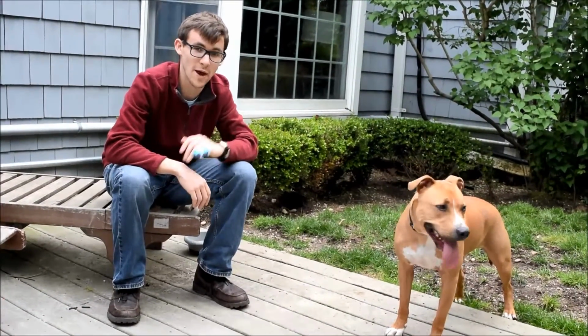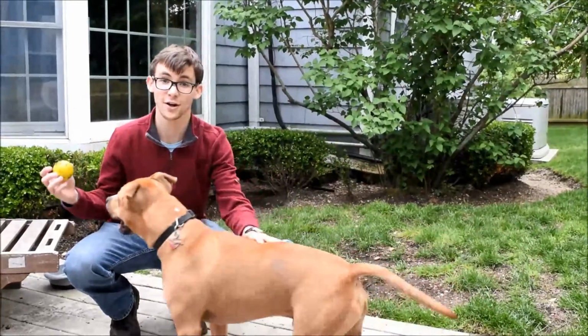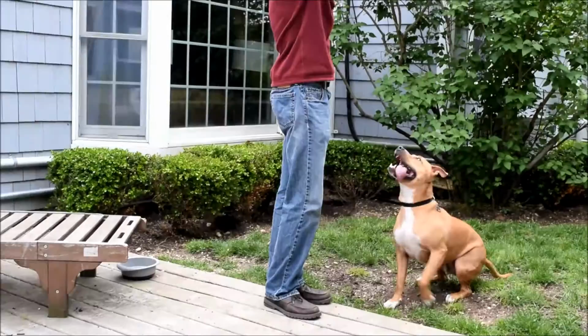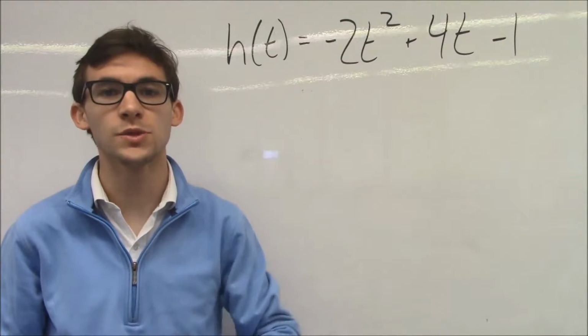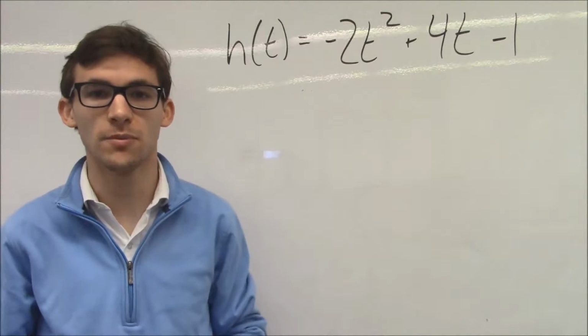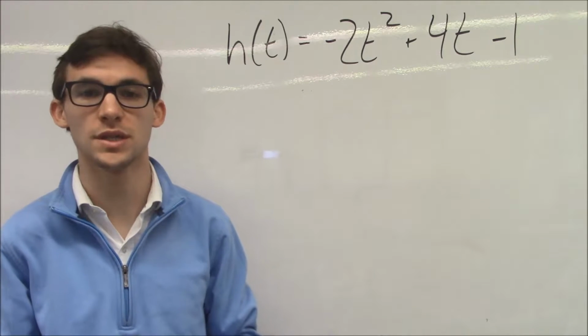Evergreens, we have a math problem and we need your help. This is my dog Dunk. Dunk can jump really, really high. In this problem, the height of Dunk's jump is given by this equation, h of t equals negative 2t squared